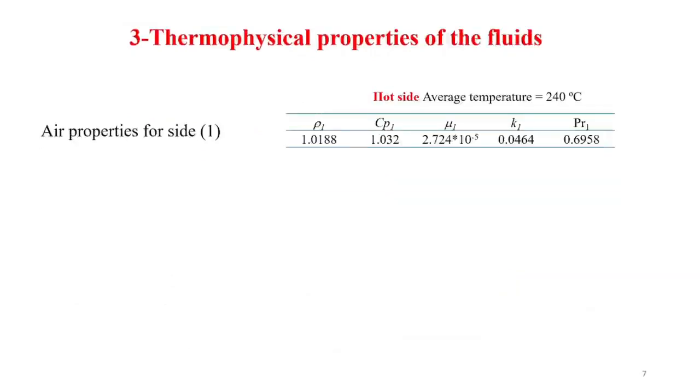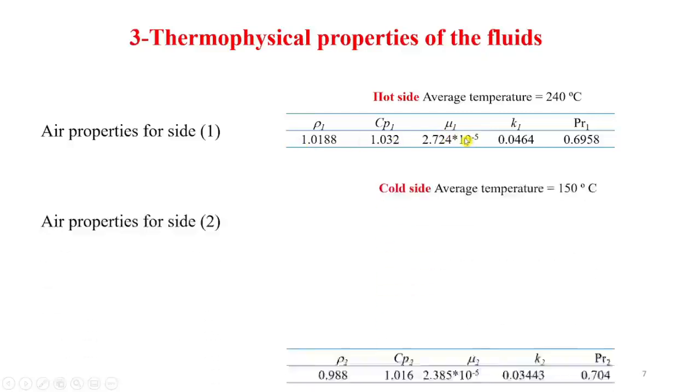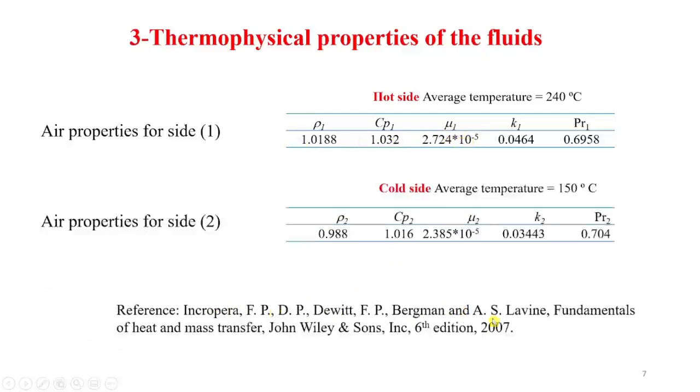Of course, we need the thermophysical properties like the density, the specific heat, the viscosity, thermal conductivity, and Prandtl number. For the hot side, we are assuming an average temperature of 240 degrees C, and we found from Incropera, which is a fundamental book of heat transfer, very well known. We took the data for dry air from there, and we find these properties for the hot side,